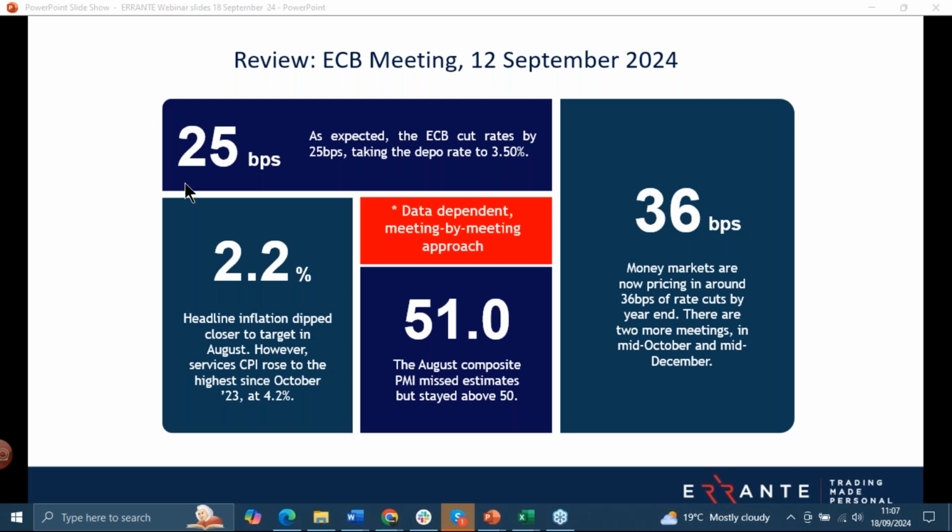Also, we should highlight really, we think it is a short 5-week intermeeting period up until the next ECB meeting, October 17, that is, with only one more CPI report and one more PMI survey figures. So that really being another reason why they skip October. Although, as we say, the ECB president really didn't give us any guidance at all about what was to happen going forward. Lagarde, though, she did acknowledge that inflation dynamics would accelerate going into the year end.